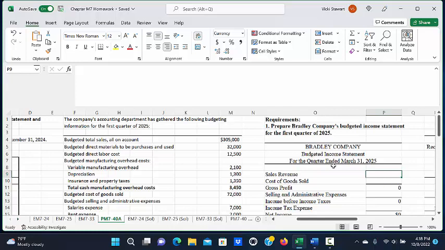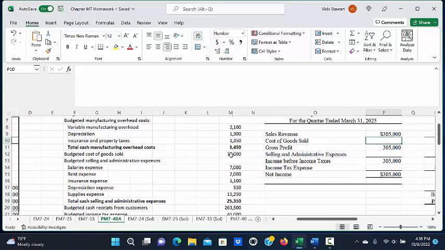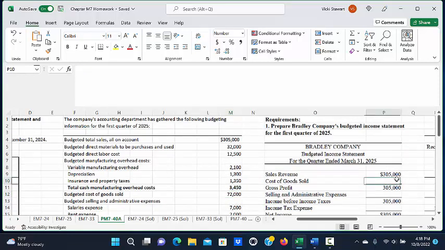income statement. So we start off with sales revenue, which the problem stated would be budgeted at $305,000. Next, we're going to subtract from that the budgeted cost of goods sold, which was shown as $72,000. And that gives us gross profit of